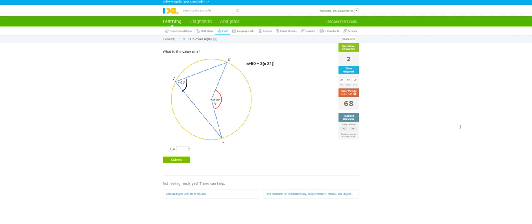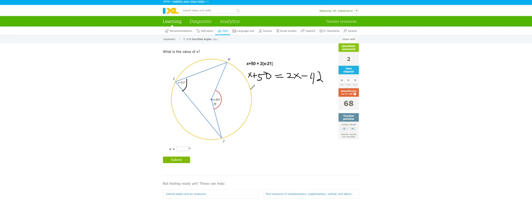And why am I multiplying it by 2? So that you make them equal. Okay, so then after that, you go ahead and distribute. You go ahead and multiply. Okay, so the x plus 50, you bring it down, x plus 50, and that has to be equal to 2x, I'm sorry, minus 42,